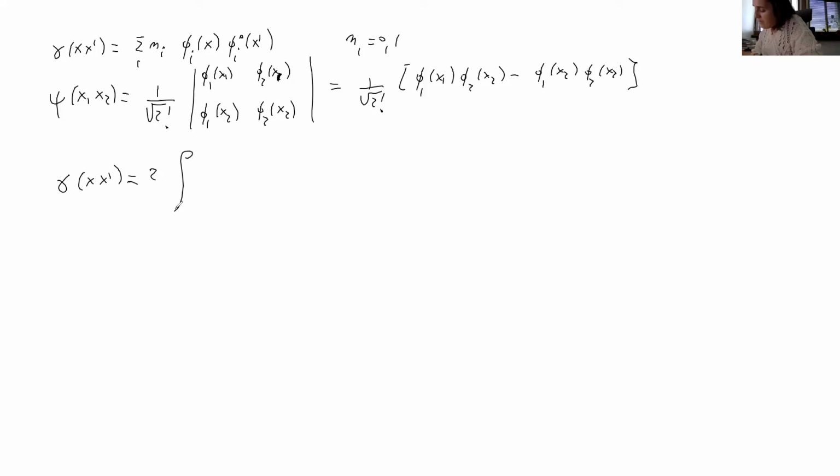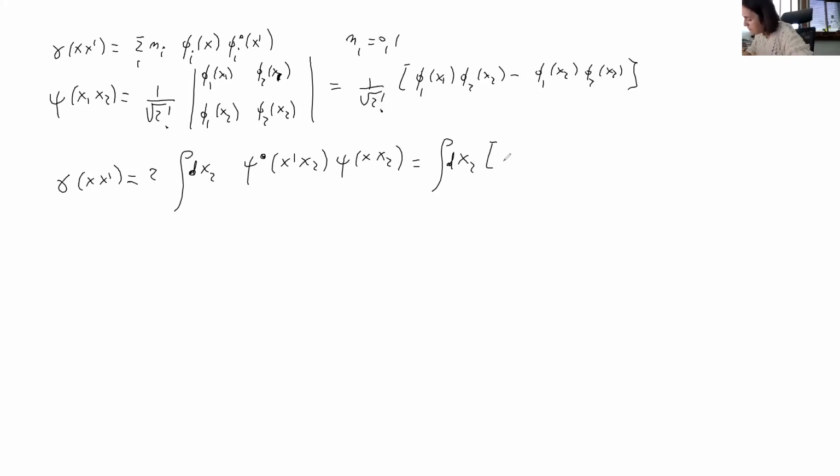Then I have an integral over, starting from x2 up to xn, but in my case, n is equal to 2, so I have just the integral over x2 of psi star x prime x2, this is just the definition. Now I substitute the Slater determinant inside. So the prefactor here cancels this prefactor 2. So I'm left with the integral over x2, and then I plug in